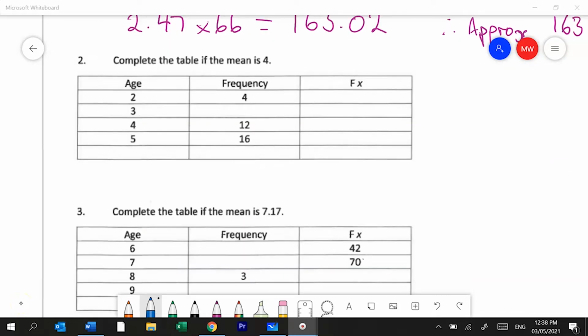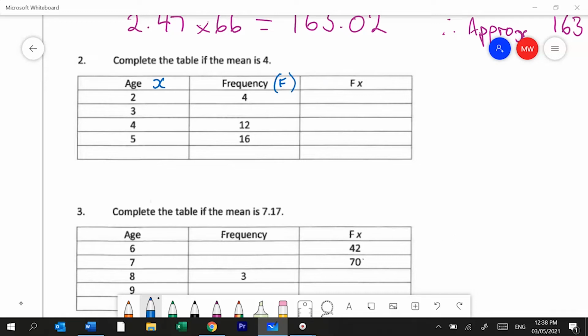Question 2's got us filling out a basic table, but it's missing information. So we're just going to fill in everything that we can, and then we're going to turn to algebra to try and work out the parts that we don't know. So I do know that the FX column is the score, which is in this case age,